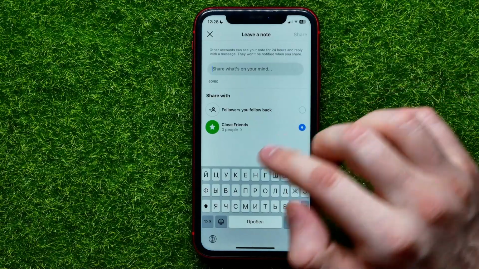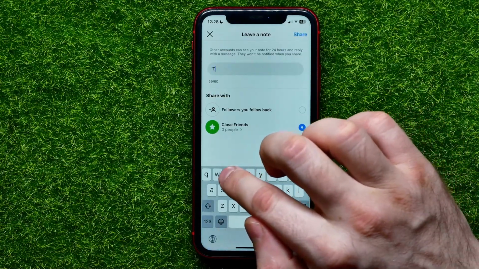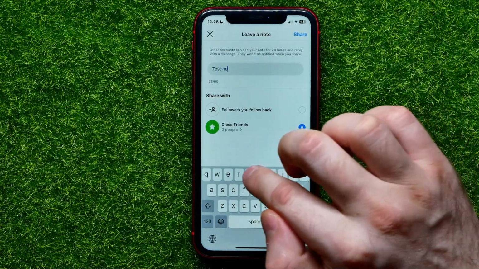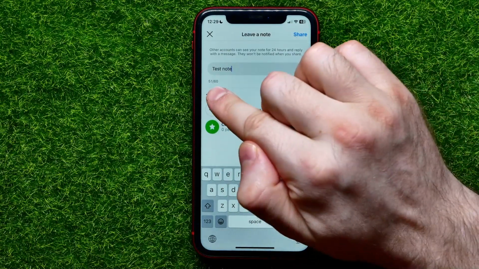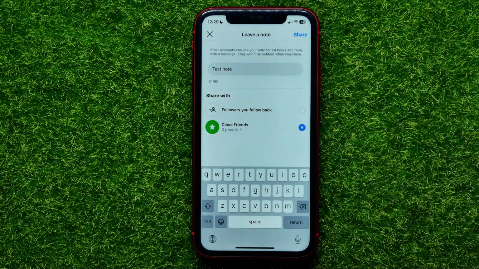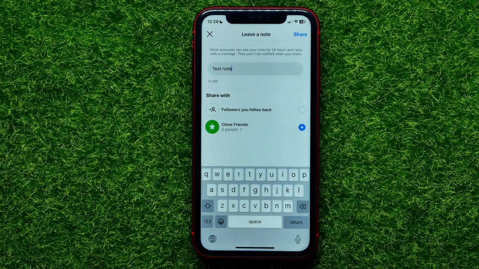You can write here some text. I'll just type in test note. You can use up to 60 characters at your note, and then you can select whom you want to share